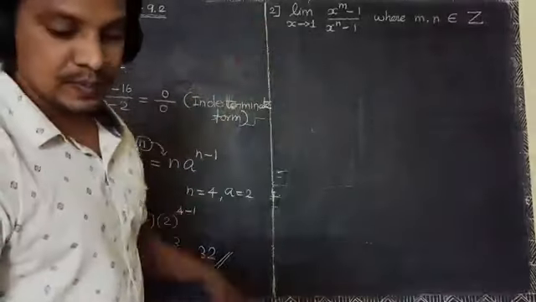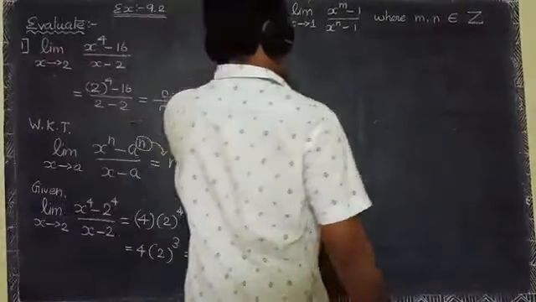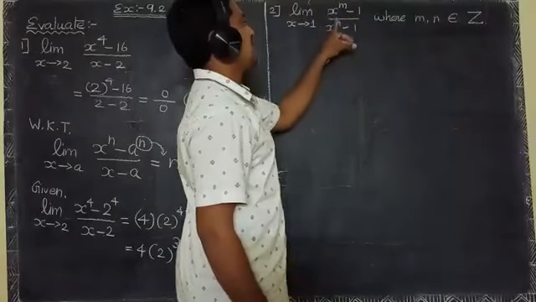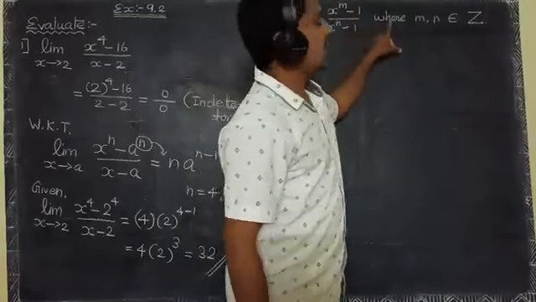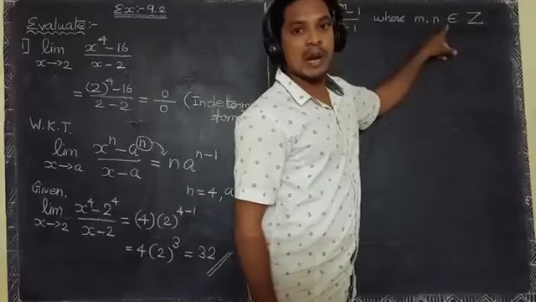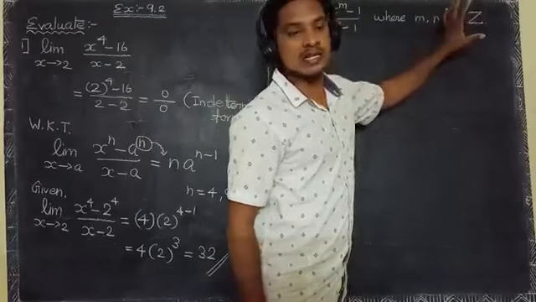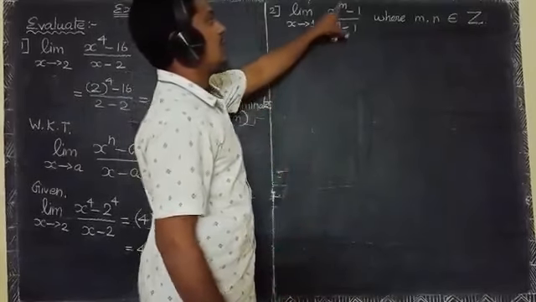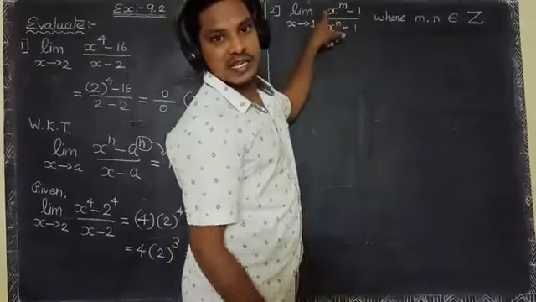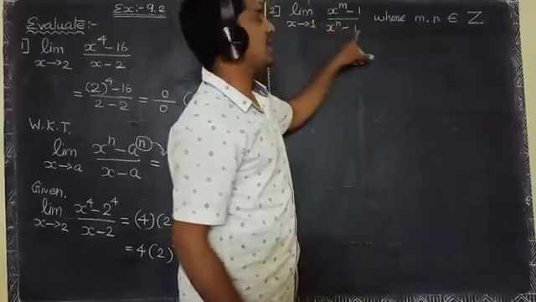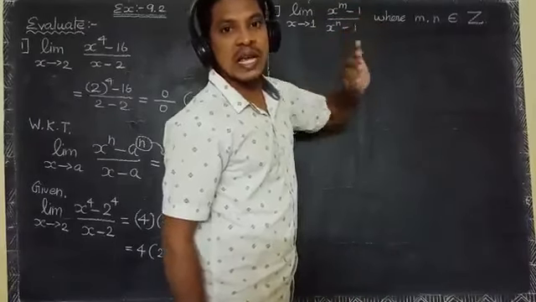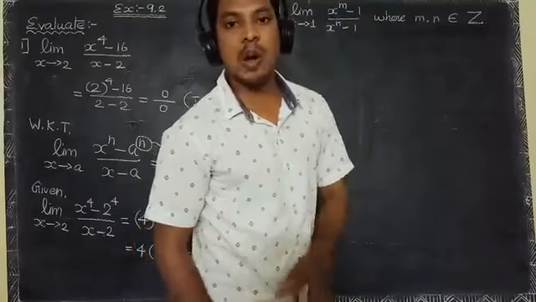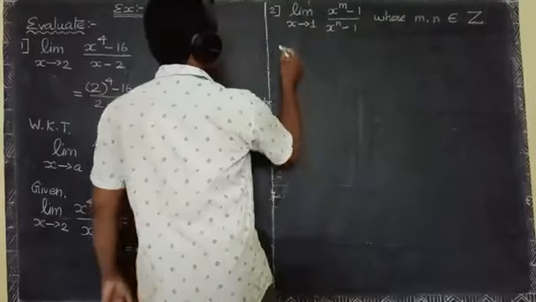Okay, here question number 2: limit x approaches 1, x power m minus 1 divided by x power n minus 1, where m, n belong to integers. Substitute x equal to 1: 1 power m, 1 power anything is 1, so 1 minus 1 divided by 1 minus 1, that is 0 by 0, an indeterminate form. So using the property,